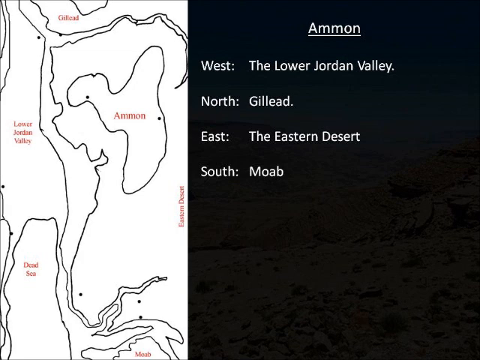Now, to the east, we start to find this place called the Eastern Desert. This is just this huge desert that basically, if you could cross it, you'd eventually hit Mesopotamia. The problem is, I said, if you could cross it. It's actually such a barren desert. Most people, even your well-trained camel caravan, wouldn't attempt it. So the Eastern Desert is pretty much the stopping point for all east travel in this part of the region.